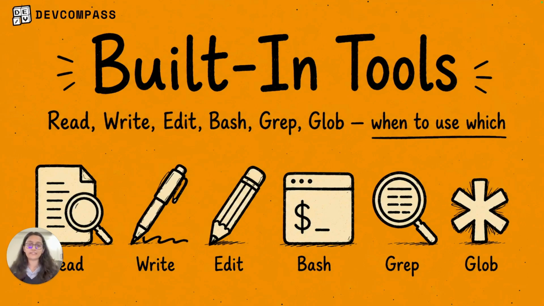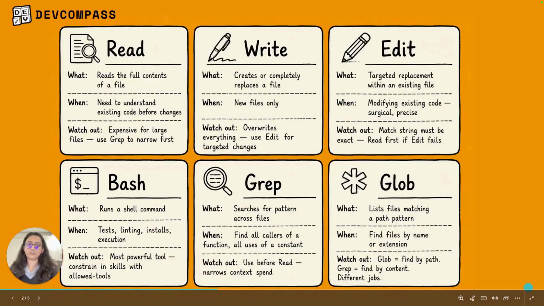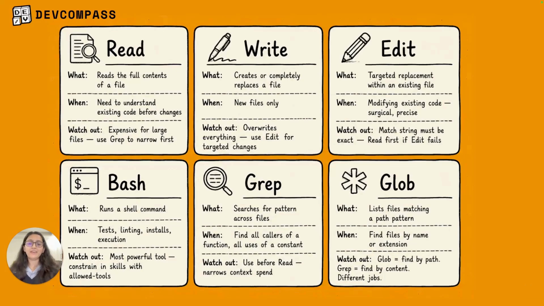So let's get through all 6. You can already see it on screen. Read, write, edit, bash, grep, glob. 6? Yes, 6. Okay, so let me walk you through all these 6 tools. Wow, love the slide. Okay, first card, read. It reads the full content of a file. You have to use it when Claude needs to understand existing code